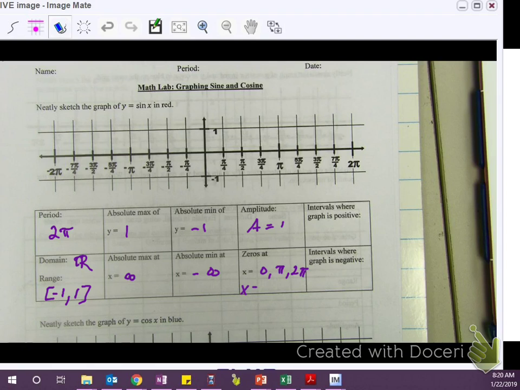So x equals n pi, where n is an element of